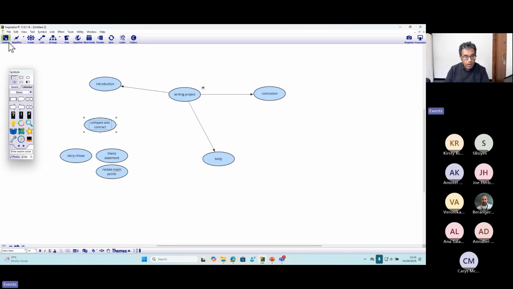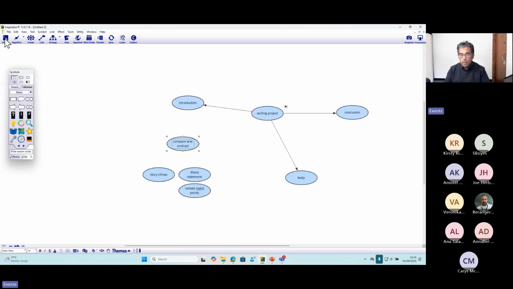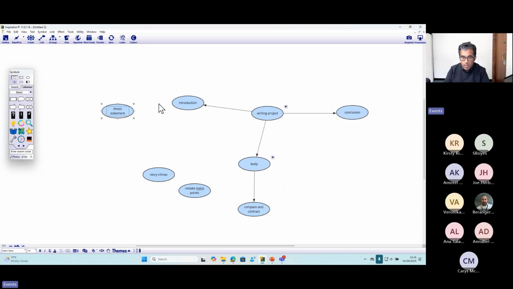Now, if I go to the outline, you'll see it's just listed there at the moment. But as I look at these different ideas out on the page, I can then start to see where they could connect. Well, compare and contrast might be one of the typical things that I might do in the body of my writing project. Thesis statement might be in my introduction. So I'm starting to create that structure, organize it, and see the connections between these different ideas. So going in and doing that connection,